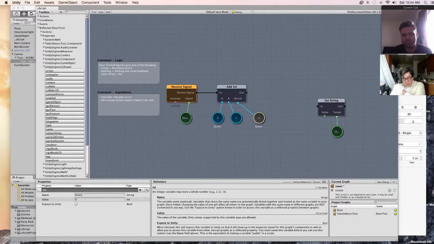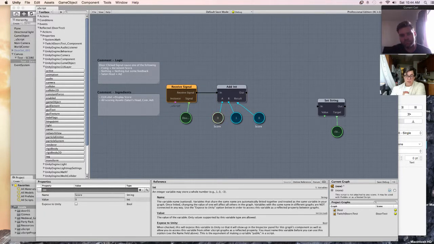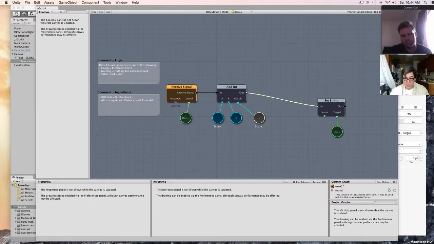You're going to see that, remember we talked about named variables? When this changes, it changes the other one, right? Because they all change at the same time. But the one thing you have to remember is going through this node is actually a sequence, right? So in plain English, I received a signal, take the current score, whatever it is, add 1 to it, this is our new score. So let's say this is 0, we get 1, this thing changes to 1, I'll show you sort of in real time, 1,